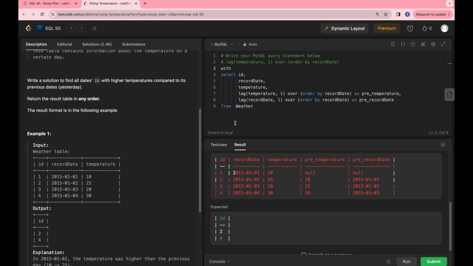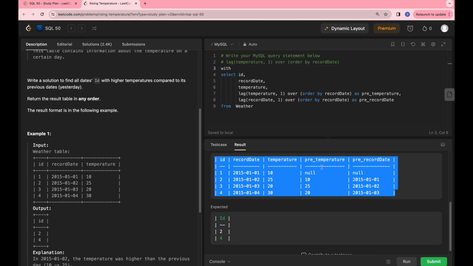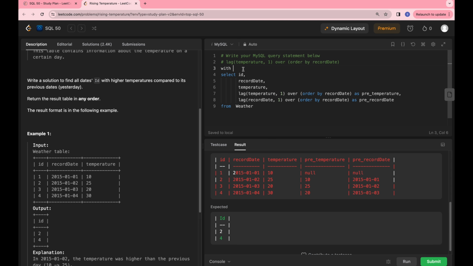So I'm creating a temporary table for this one with the 2 added columns. So I'm gonna call this table previous weather pre-data as